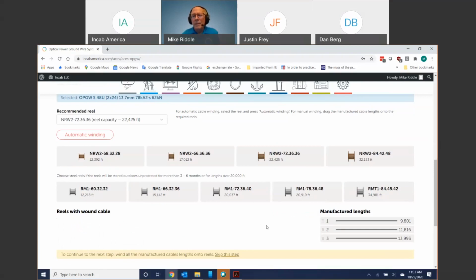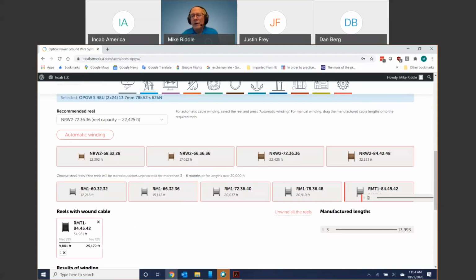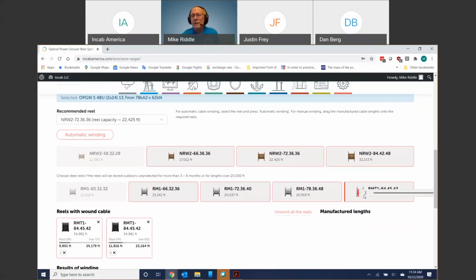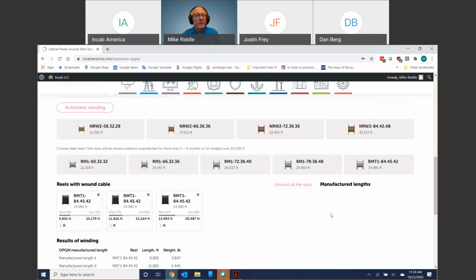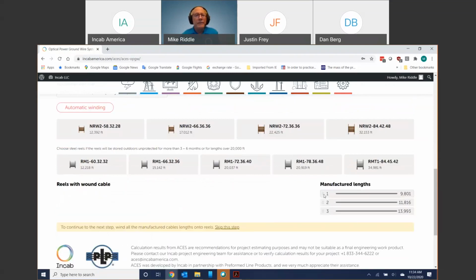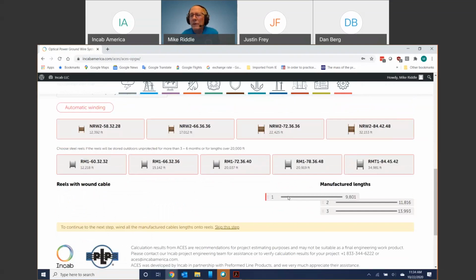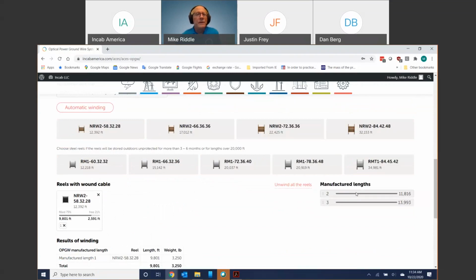So let's go back. What it's telling me here is that I need 3 lengths because of where I picked my splice points. And you can do kind of whatever you want. It's telling you the maximum length of this cable that will go on any particular reel. So if I want to, I could just, okay, well, I'm going to move all these lengths here. Okay, I don't like that. Let's see, what if I put this? Or the big question is,